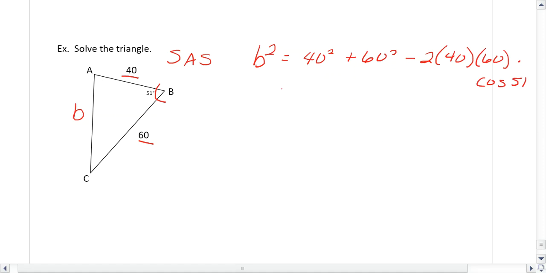So now it becomes calculator work. Square these two and add them. And when I did that, I got 5,200. And then you have to kind of watch this negative sign. Sometimes when you multiply this out, you get a positive number. Sometimes you get a negative, and you have to watch out for that double negative. In this case, when I multiplied 2 times 40 times 60 times the cosine of 51, I got 3,020.738. So if you subtract that, then we have b squared equals